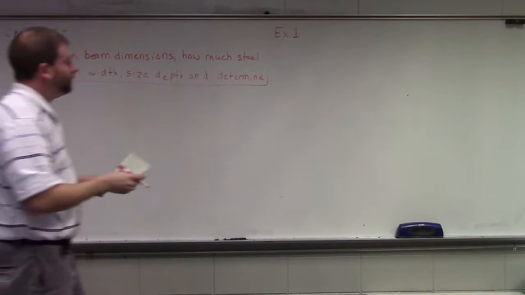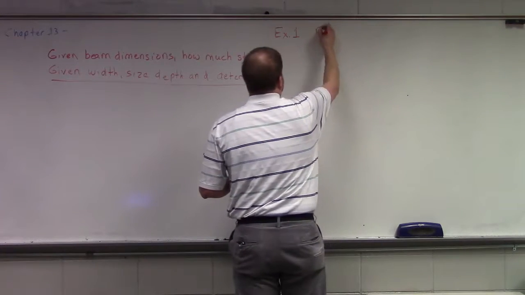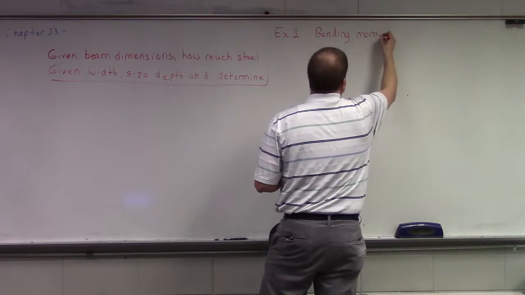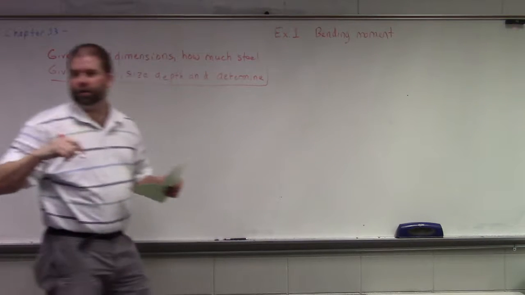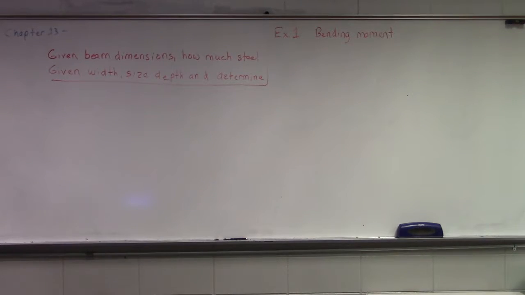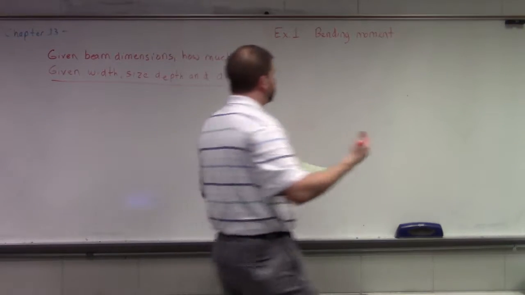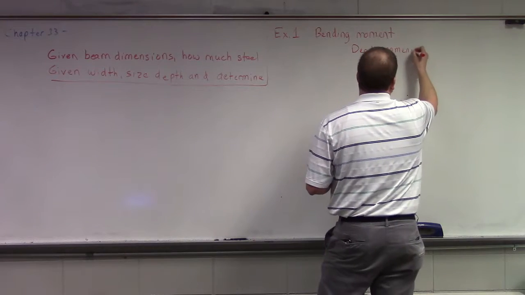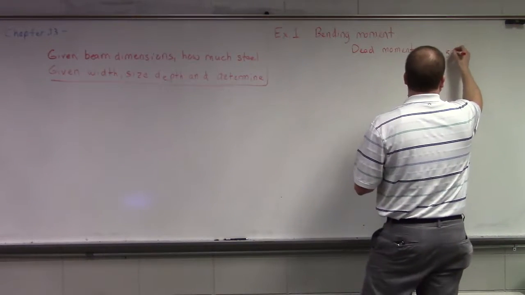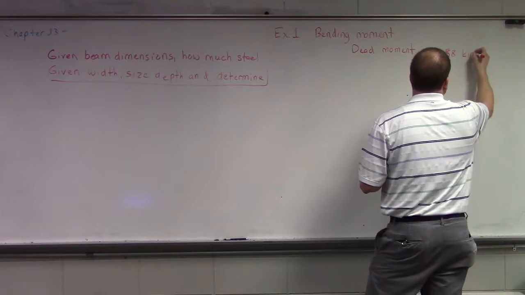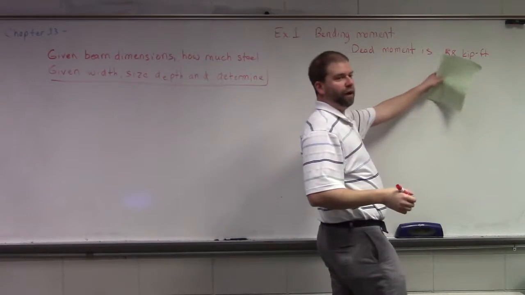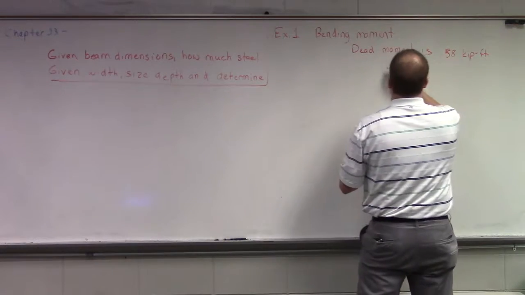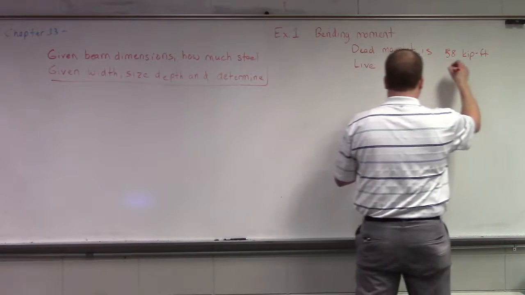So example 1. I'm gonna write this down. I have burned through this whole notepad in just this class. Okay, we've determined bending moments for a beam. We know a dead moment and we know a live moment. Our dead moment is 58 kip feet, or how many foot-pounds? 58,000, right? Our live